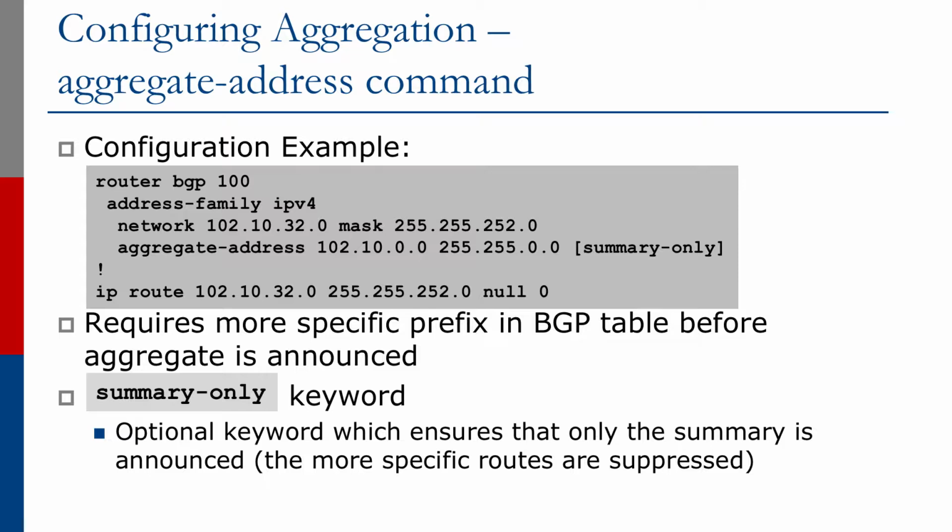The third option is the aggregate-address command. In my personal experience, I've tended to shy away from this for a couple of reasons. The first reason is I actually much prefer using the network statement or in more advanced applications the redistribute static, as it just seems a more natural way of introducing prefixes into BGP. What the aggregate-address command does, it will introduce an aggregate into the BGP RIB if a subnet of that aggregate exists in the RIB. Now that's fine as long as the subnet is there. If the subnet disappears for whatever reason, your aggregate vanishes as well.